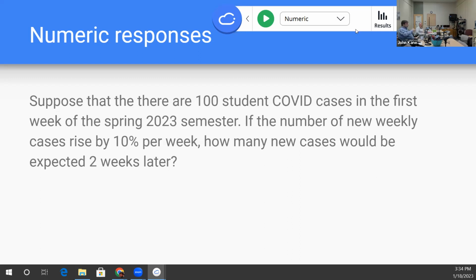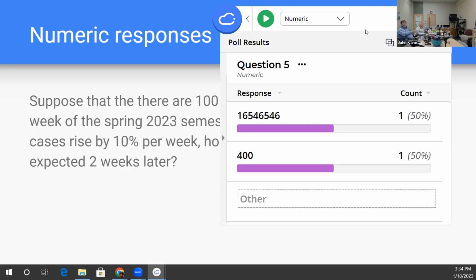Yeah. The second week it would grow 10% more, but 10% of 110 would be an additional 11. So it's that compound interest or growth type of thing. Understood. So the correct answer is 121. And what would happen is,